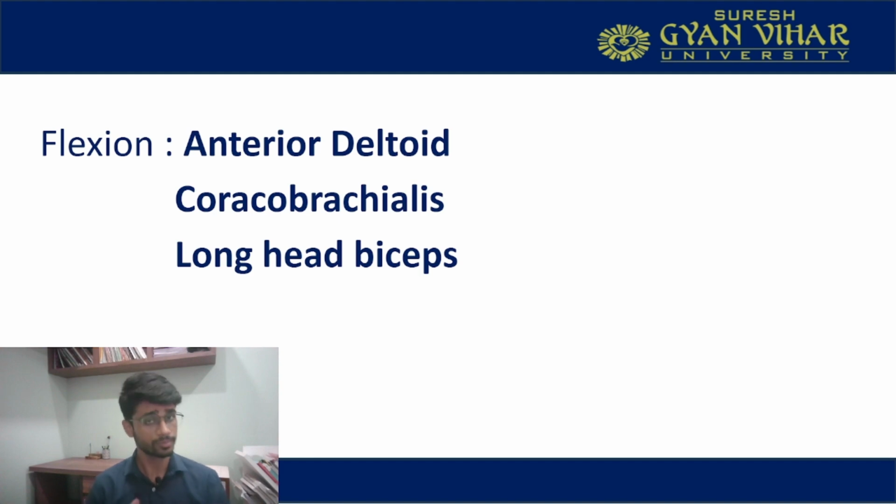And here is a revision for you: whenever we are doing flexion, the arm gets internally rotated. The arm gets internally rotated because there is a stretch in a ligament, your coracohumeral ligament. So whenever we are doing a flexion, an internal rotation of the humerus will occur. This we studied in the previous lecture. So this was just a revision for you.